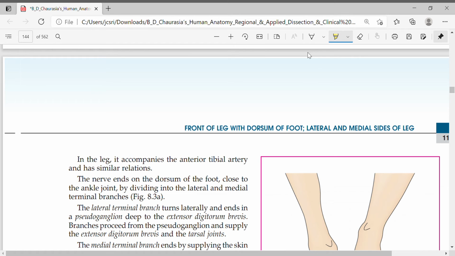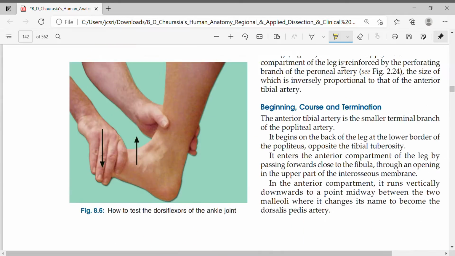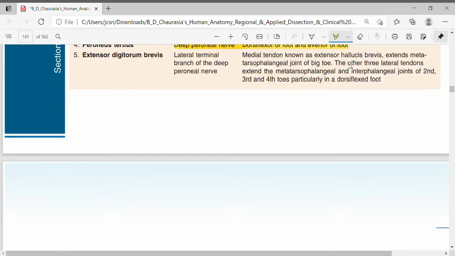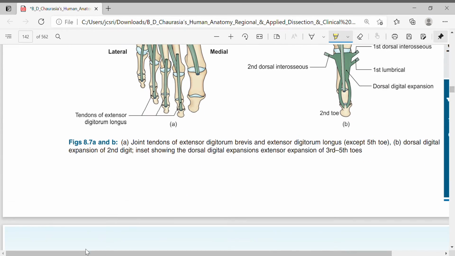So, continuing with the anterior compartment of the leg, we are going to see the vessel present in the anterior compartment, which is the anterior tibial artery. To see that vessel, I want you to look at this image first, and in comparison with this image, if you learn, it will look easier. So this is the image I want you to learn. Just keep it by the side, so that it will be very helpful.